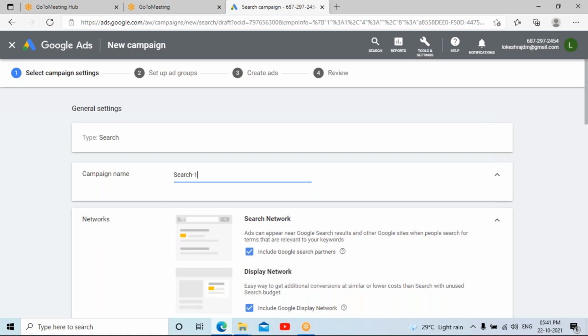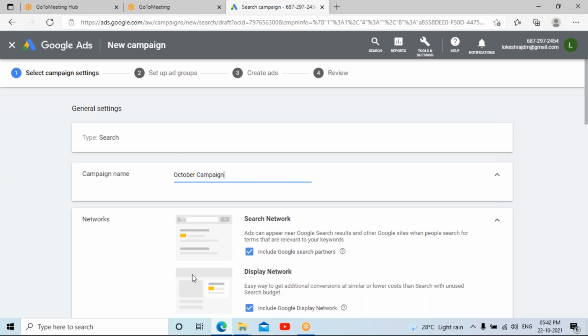It is only for our reference, so that I can compare it whenever I create ads in different situations, and see which type of campaign worked well for us in which situation. It is only for reference purposes that we give the name. So let me give it as October campaign. Let's assume this campaign is made for this month.